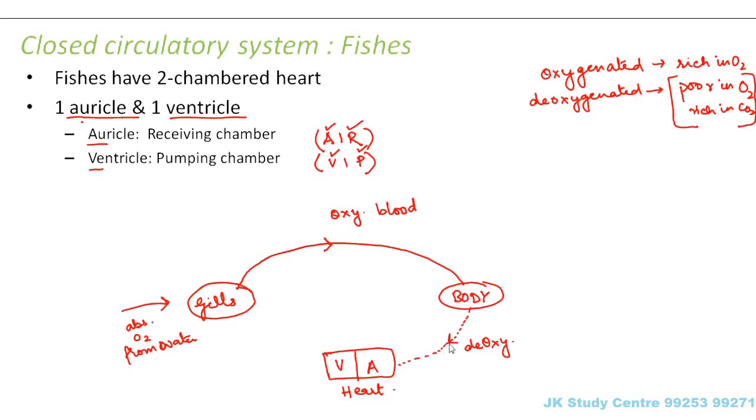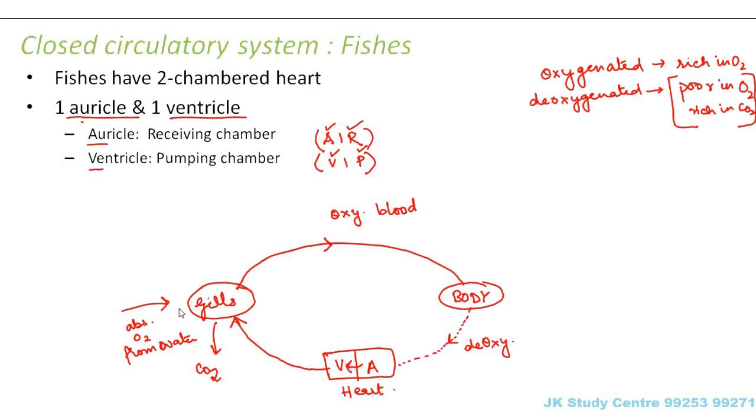Auricle is the receiving chamber, so it will receive the deoxygenated blood. Then the auricle will pass this deoxygenated blood into the ventricles, and then the ventricles will pass them to the gills again. So what will the gills do? The gills will again send the carbon dioxide outside, and it will take in the oxygen, and again it will send